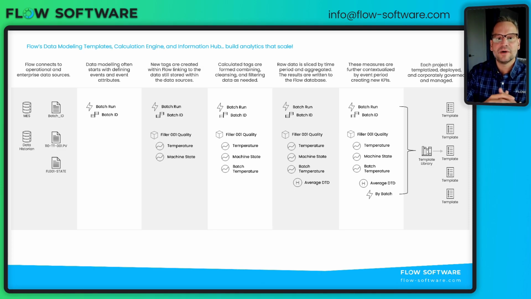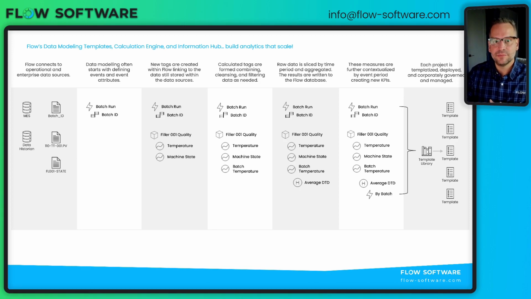One of the great things that this methodology allows for is the templatization of these definitions and these rules. So by creating templates, I can then deploy my templates to all of my different instances where I'd like to run this calculation. Flow gives me a template library that I'm able to manage. I do that corporately, so I have one place that I'm able to govern my engineering effort. How have I actually built the calculation? I'm able to govern the definitions around those calculations and my business rules, and then I am able to manage that and version it and send it out to my sites.